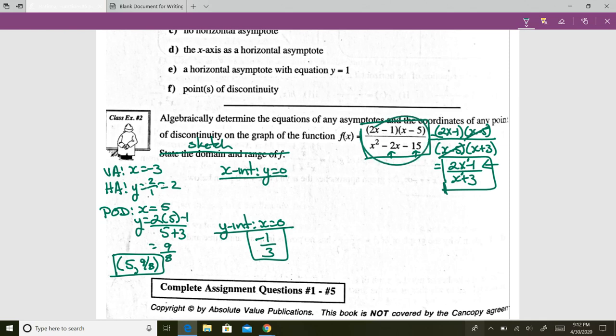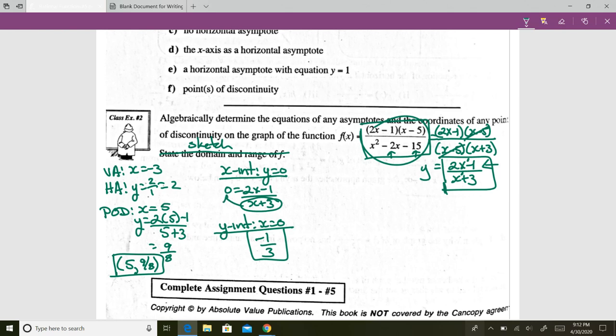X-intercept is when y is 0. Again, you can do it in the original, or you can do it in the simplified version. Simplified version makes it easier because if I put y equal to 0, remember this is y equals, so I can write 0 is equal to 2x minus 1. And you solve for x. Now, if you think about it,